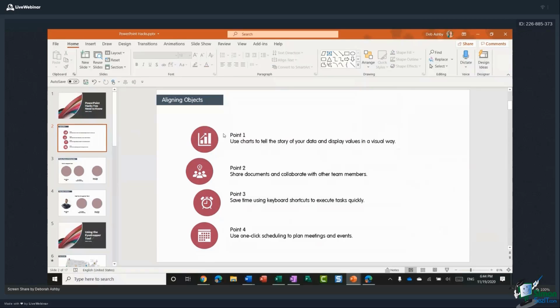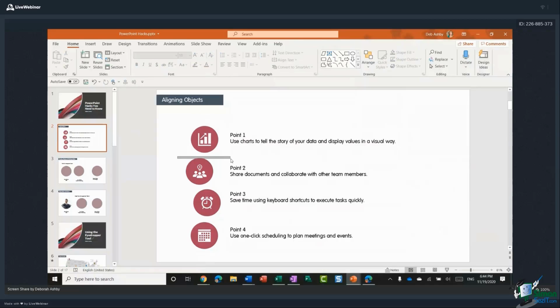Now, the way that I do this is I'm going to need to start adding in some grouping because currently, if I was to click on either the icon or the circle and align these, it's just going to align whichever object I'm clicked on. So what I want to do is go through and group the icon and the shape together. So I'm going to select both objects, and a quick way to group objects is by pressing the Control-G keyboard shortcut, which essentially makes them all one object.